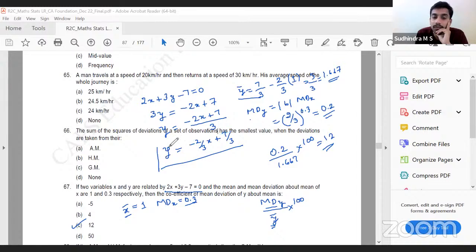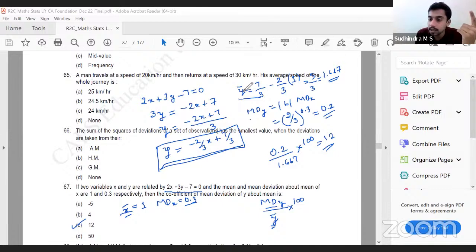After expressing it as y, now why did we express it as y? To get the relationship between x and y. Y is equal to a plus b into x. They're asking us the coefficient of mean deviation of y, for which I want y bar and mean deviation of y. So I know x bar. I know the relationship between x and y. Can I calculate y bar? Yes, sir. If y is equal to a plus b into x, y bar is a plus b into x